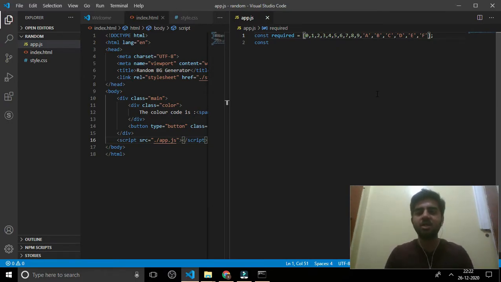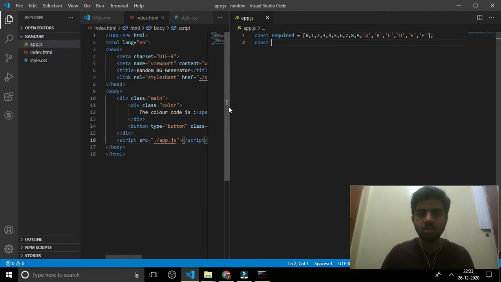Alphabets are limited till F, and integers are limited till 9. So since it is hexadecimal, we are taking 0 1 2 till 9 and including A B C D E F. It's hexadecimal basically.